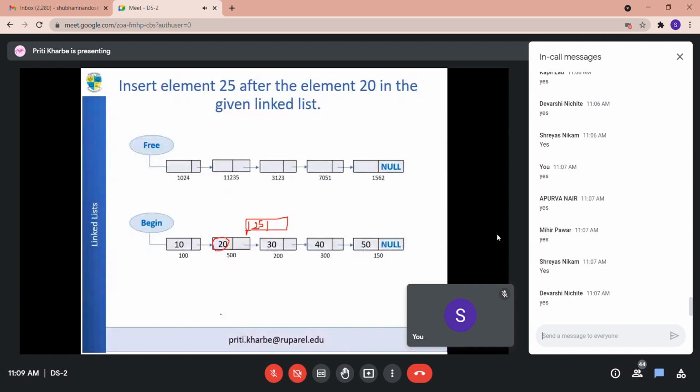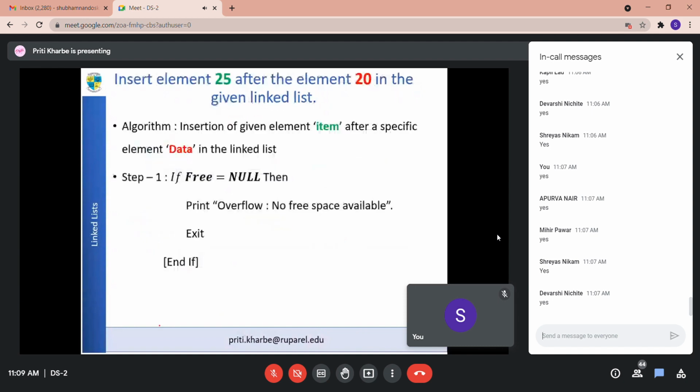Okay, so step 1. Now the element which you are inserting is called item in this algorithm, and the element after which you are going to insert, I said insert it after the element 20, that particular element is denoted by data in this algorithm.